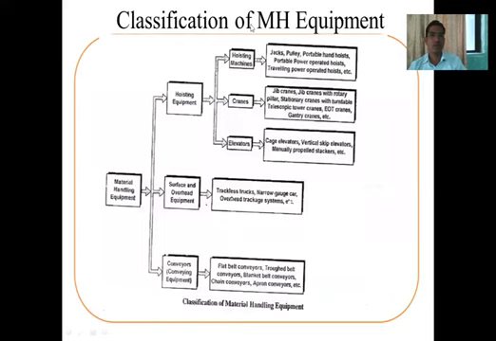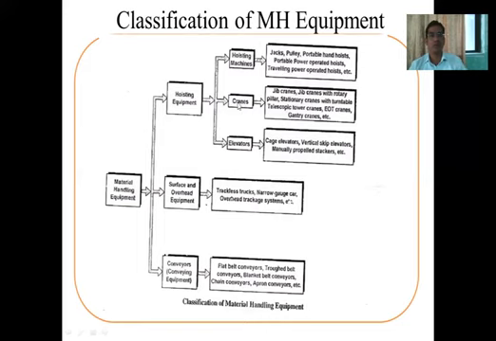Next one is the classification of the material handling system. What are the types of material handling system that we are going to see here? So the material handling equipments are basically classified into three types. That is hoisting equipment, then surface and overhead equipment, and conveyors or conveying equipment. Then hoisting equipments are further classified into three: hoisting machines, cranes, and elevators. Then the hoisting machines, examples are jacks, pulleys, portable hand-held hoist, portable power operated hoist, then traveling power operated hoist,